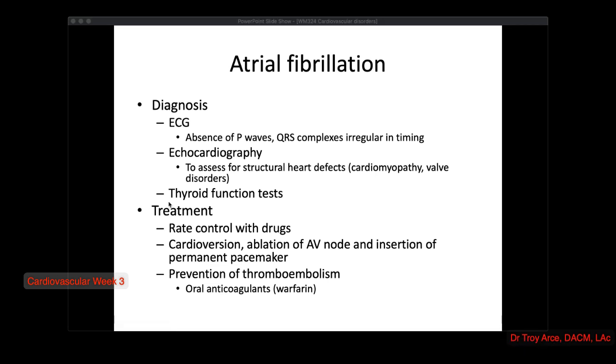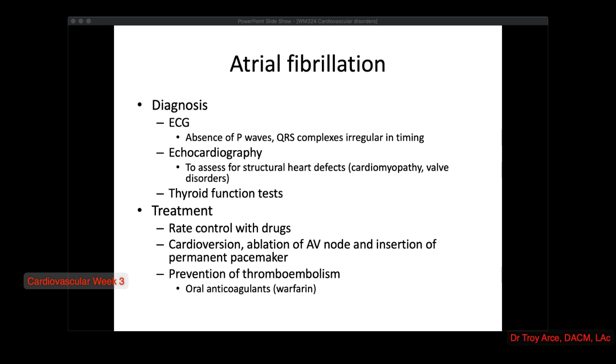anticoagulants like warfarin. And let's go back slightly to this line here with